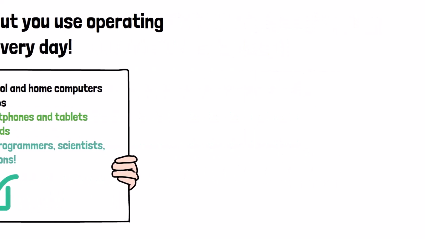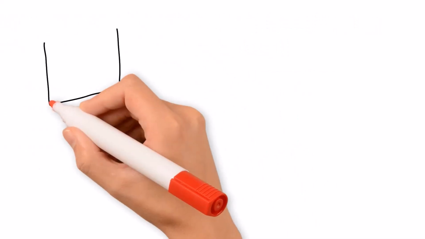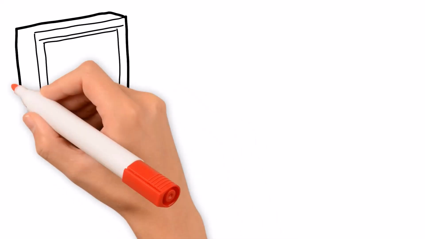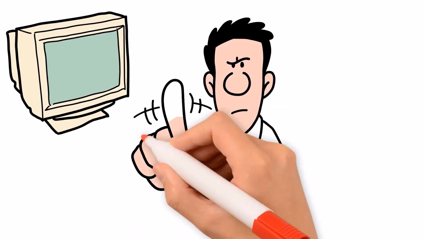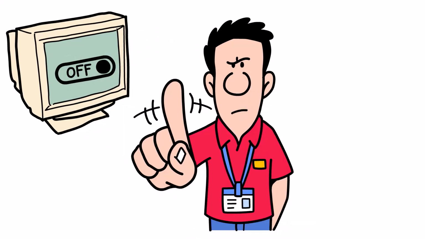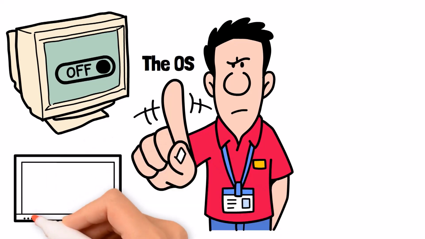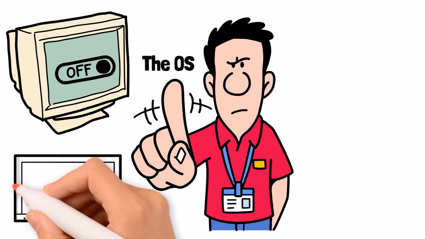Why is it important? Without an operating system, a computer is just a box of metal and plastic. It won't know how to show you pictures, run games, or even turn off properly. The OS is what makes your computer usable. That's why every single device, even your smartwatch or smart TV, has an operating system inside.